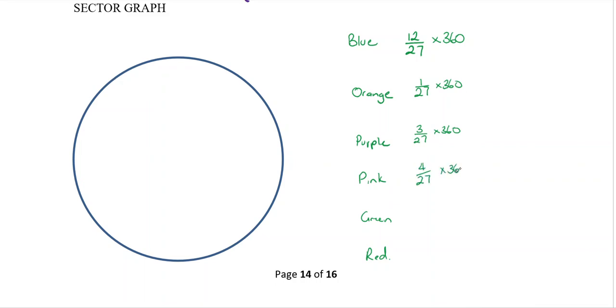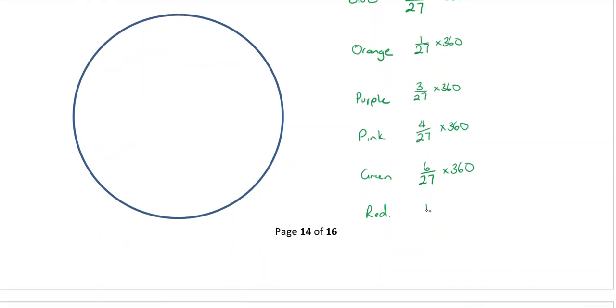And you need to get your calculator and you need to type each one of these things in to find the angle. Now I'm guessing these aren't going to be very nice numbers because 27 is not a very nice denominator to be dividing out here. So we're not going to want decimal places in our angles. It's pretty hard to even measure to the nearest degree for some of these things. So we just want to round to the nearest whole number.